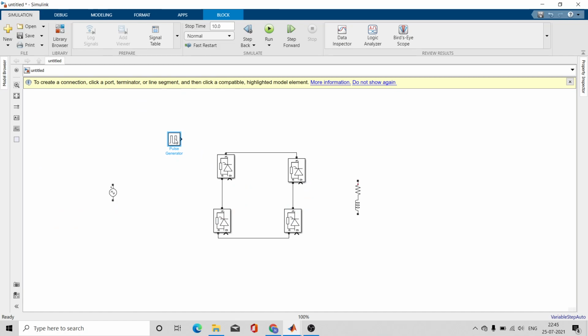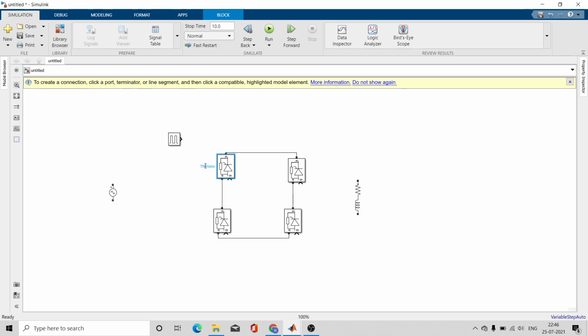So there are four control switches. I'm taking four pulse generators. You can even take two pulse generators and give to the pairs of these thyristors, but for simplicity in understanding, we are taking four pulse generators. First of all, I'll configure pulse generator for thyristor, this one and this one.